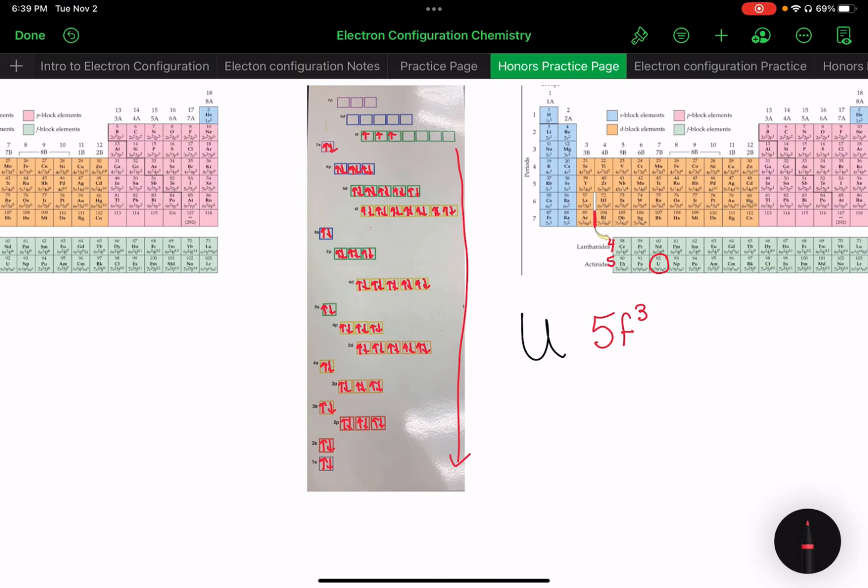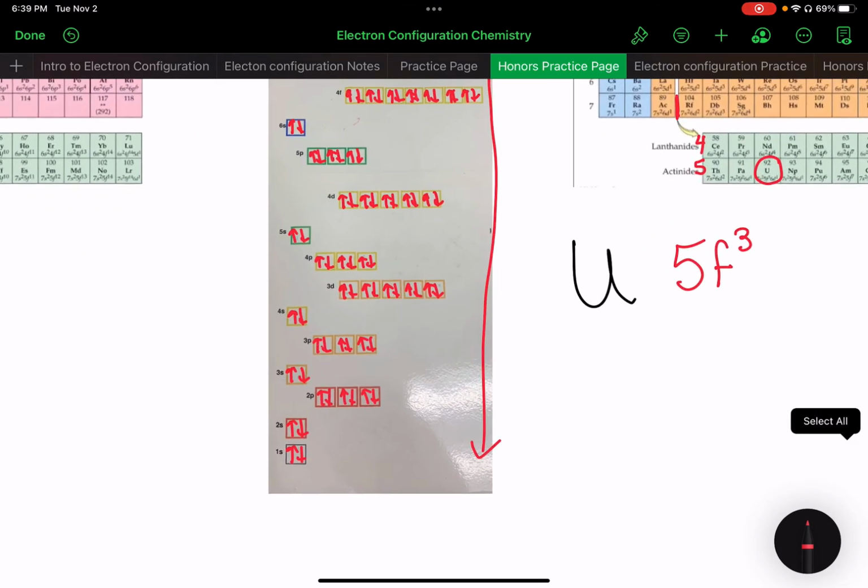Isn't that awesome? Look at that. That looks pretty, doesn't it? All right, now we got to write our configuration. So again, we're going to start at the bottom. So we have 1s2, then we go to 2s2, 2p6. We got to get all our 3s. 3s2, 3p6,